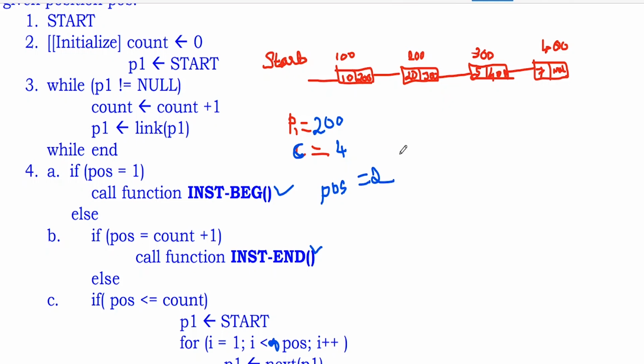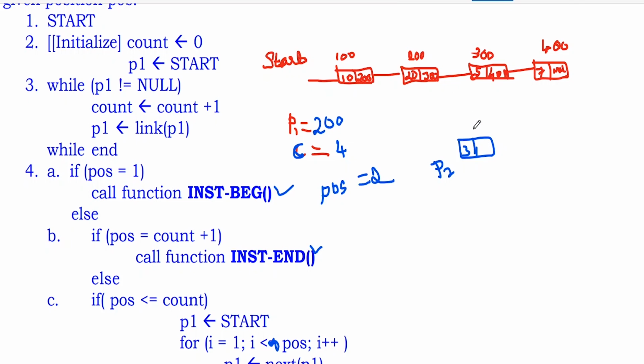And here I have to create a new node. I'll create a new node, and its address is P2, whatever its address is. It is created, and in the data I have entered some number, something very simple like 3. Now this has to be linked. I get this address from P1, that is the link field of P1. So the link field of P1 will be copied to the link of P2.